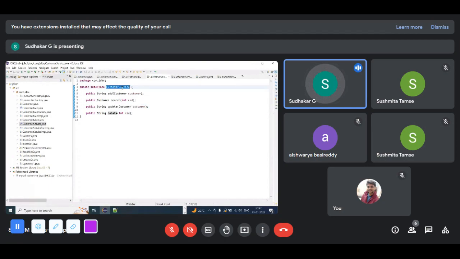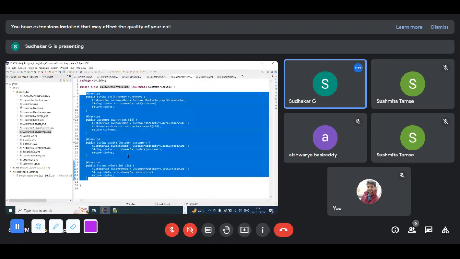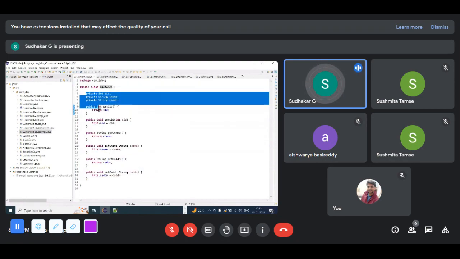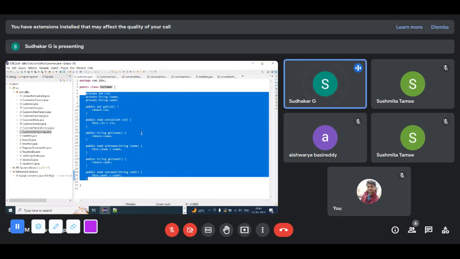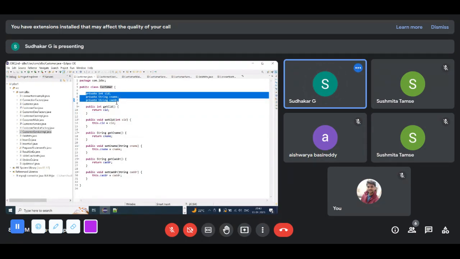For the same customer service, I have an implementation class. I am implementing customer service in this class, so I have overridden all the methods: add method, fetch method, update method and delete method. Finally, I have created one customer Pojo class. A Pojo class is a normal customer bean class containing properties along with